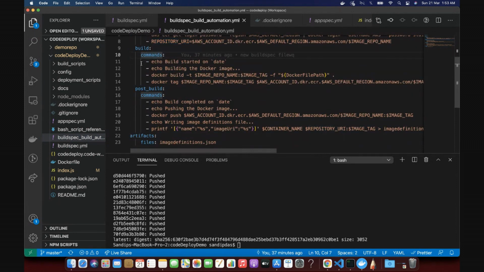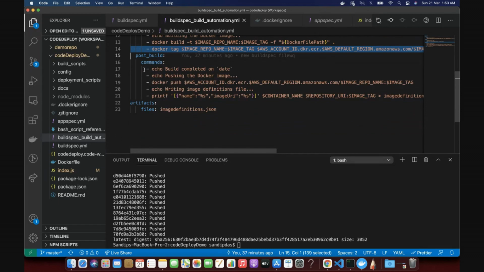In the build phase we make the Docker build and tag it. In the post build stage we push the Docker image to AWS ECR, and then we write a configuration file and pass this file as an